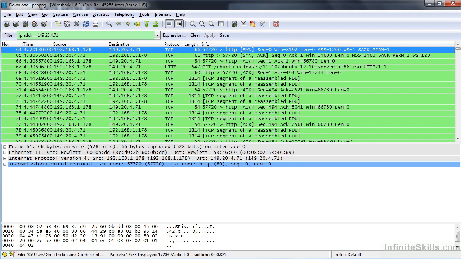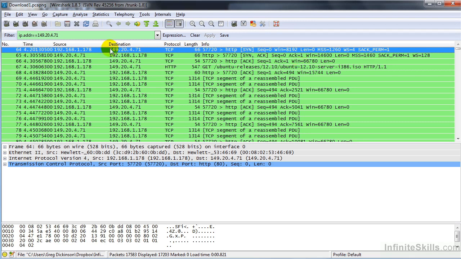And I've narrowed it down to just the traffic between this IP address and anything else that it happens to see, which will be the machine that I'm downloading it on. So we'll see the entire conversation set up. There's the SYN-ACK, and the ACK. That sets up the 3-way handshake that we discussed a little earlier in the course. And Wireshark, since it knows pretty much what we're really interested in looking at, gives us all of the pertinent information right up here. You'll see this is an HTTP download of about the first 10 megs of an Ubuntu